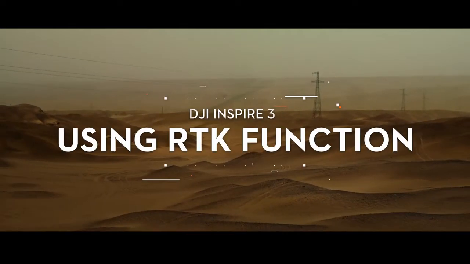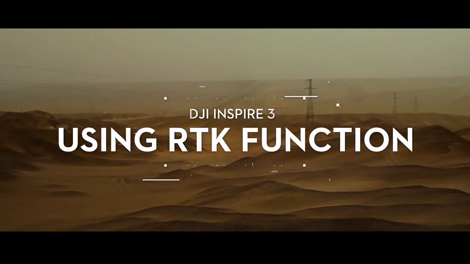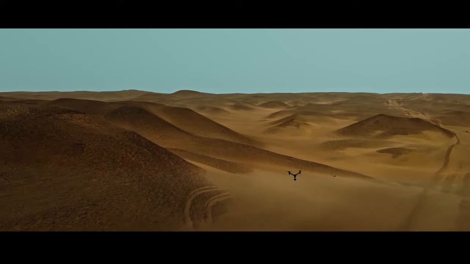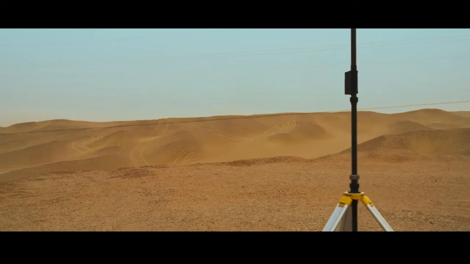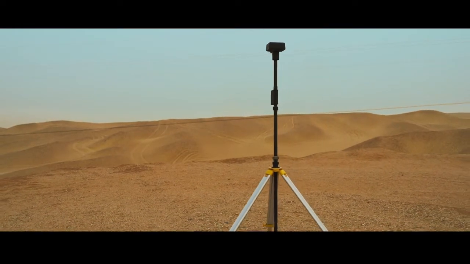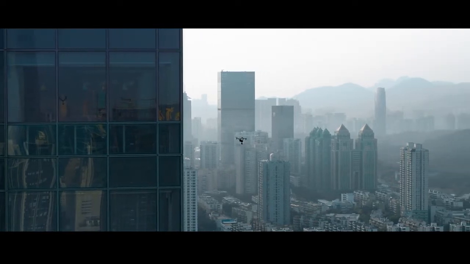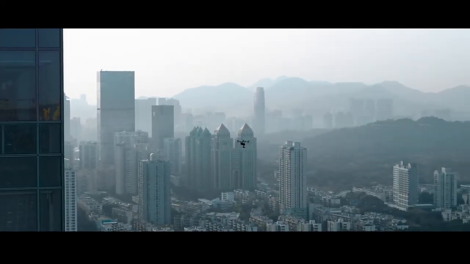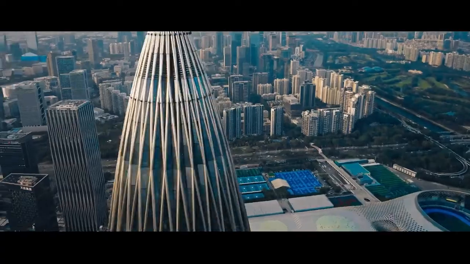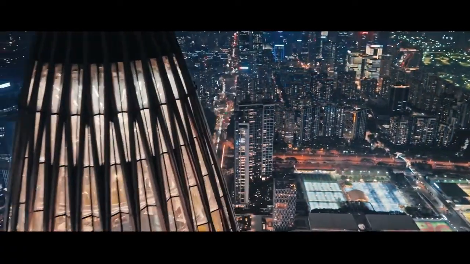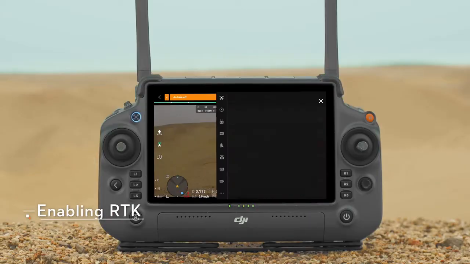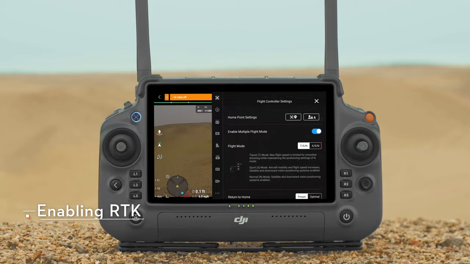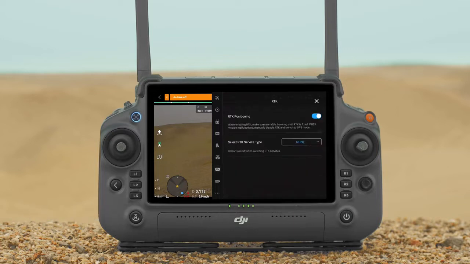DJI Inspire 3. Using the RTK function, the built-in RTK module of the Inspire 3 aircraft can be used with the DRTK2 mobile station and withstand strong magnetic interference from metal structures and high voltage lines, ensuring safe and stable flight and achieving more accurate positioning. Tap the settings icon at the upper right corner of the camera view to enter RTK settings, enable RTK positioning,